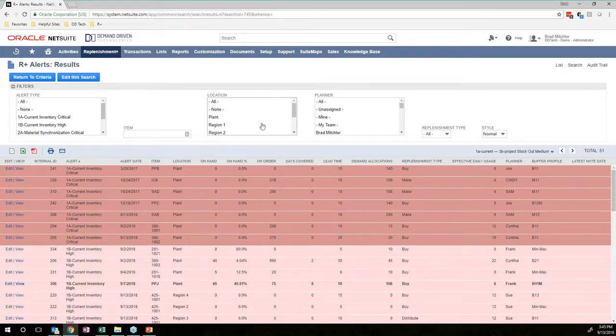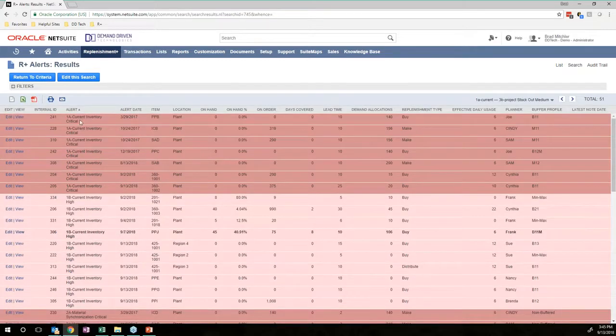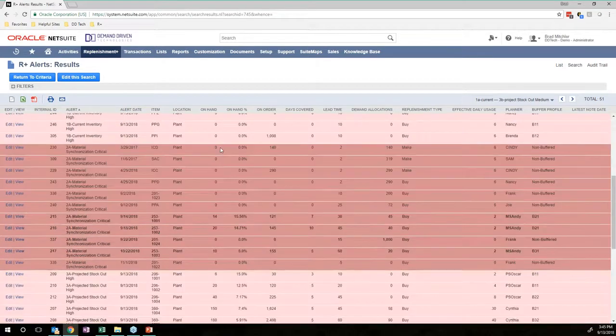You'll notice that it looks very similar to our planner's workbench, which I showed originally for the planning side. And this is telling me that anything in a current inventory status means that I have a stock out with demand, or a partial stock out with demand in this lower case. So this is saying, hey, I may have enough supply coming, but based on my current on-hand status of 0, I've got on order of 319. Perhaps I need to expedite or move out a demand order. So this is kind of the highest